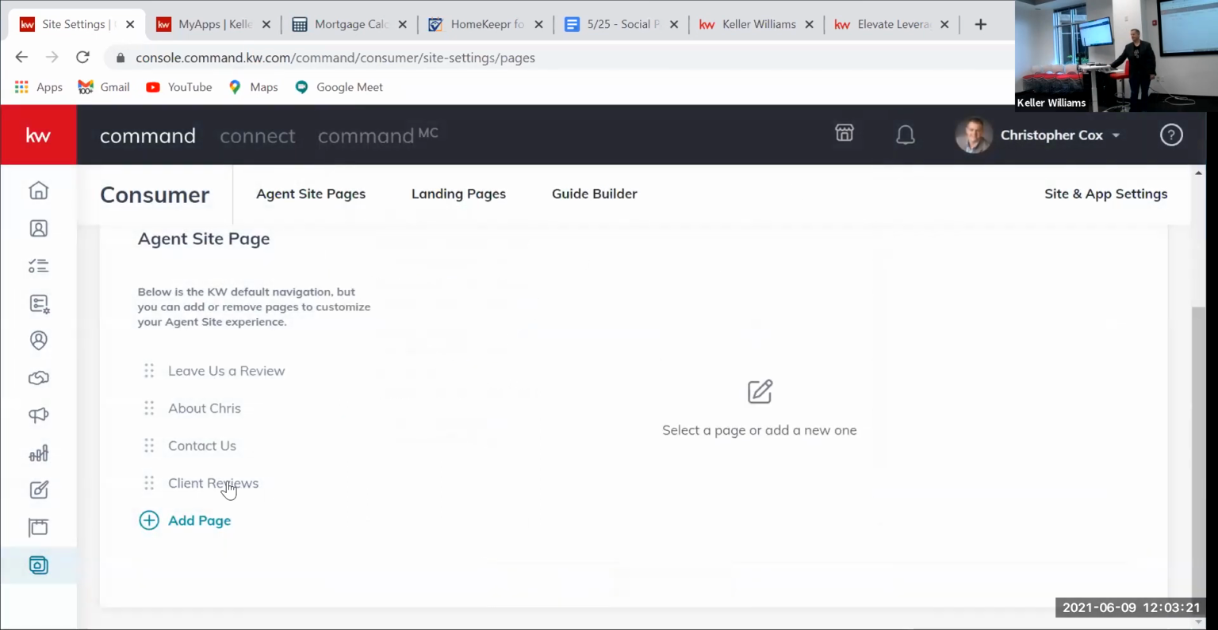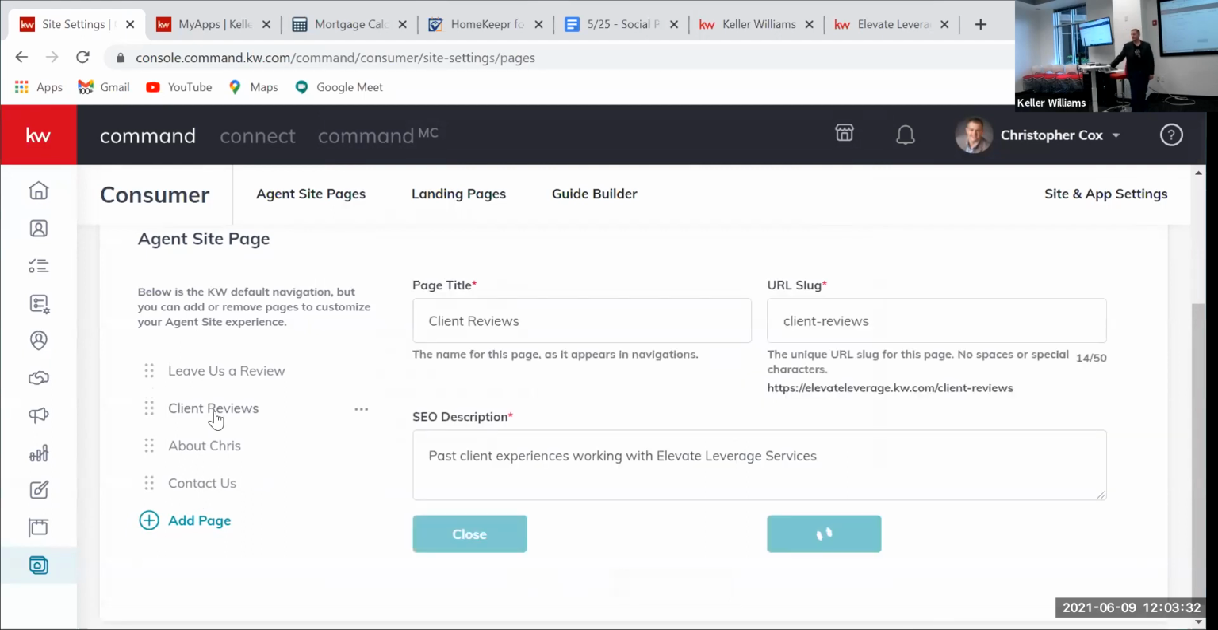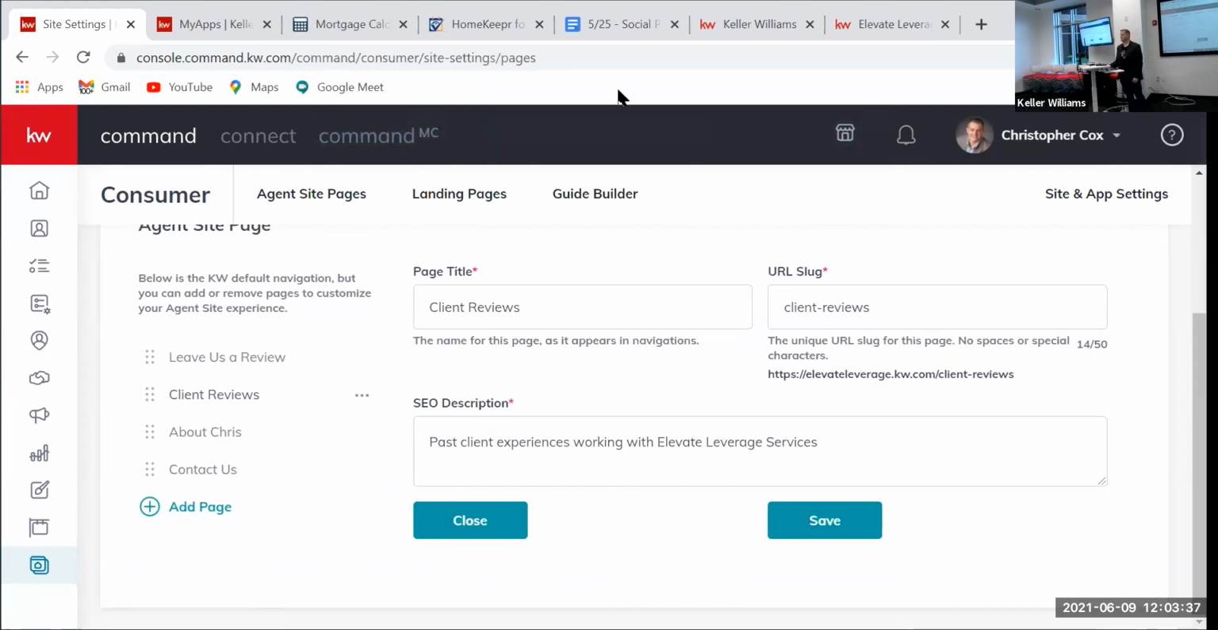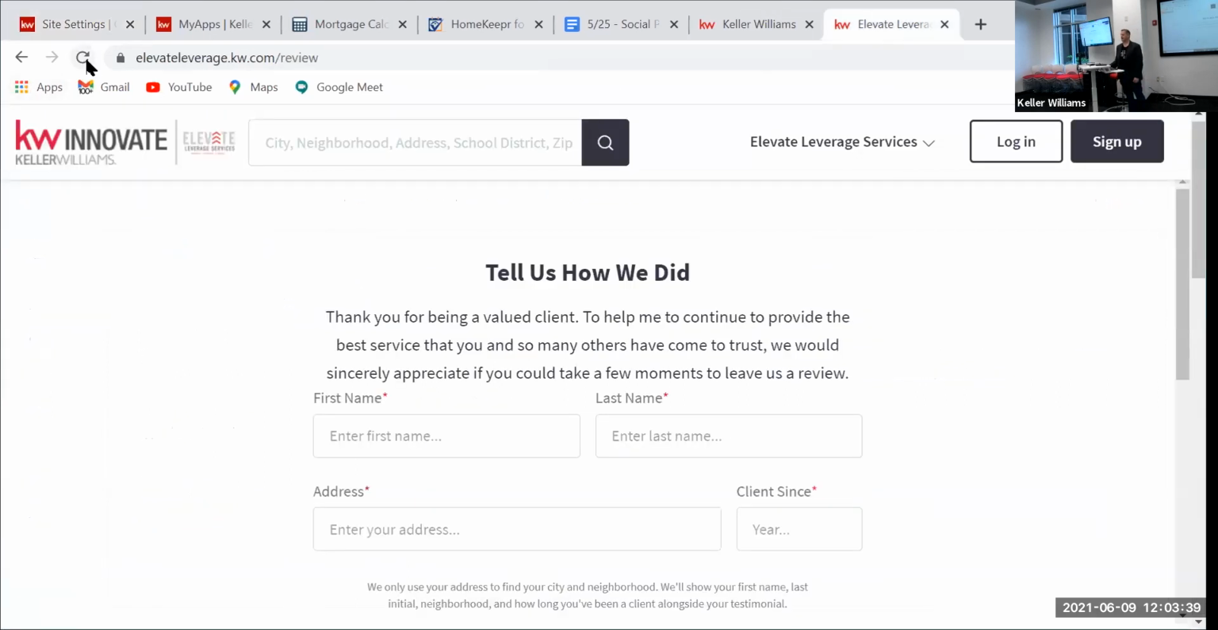So now you have client reviews that showed up on the left-hand side. If you want to make that the first page, or maybe it's under your leave us a review, you can just drag and drop and make that menu order however you want. So let's say I want to put it second. I'm going to go ahead and hit save just to make sure. And now if I were to go over and refresh our website,